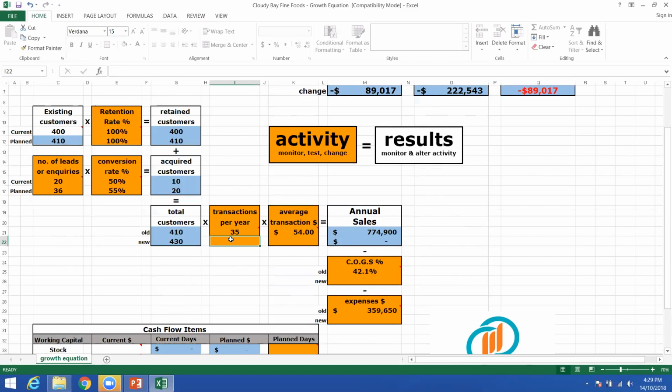Now, there's lots of things Nigella can do to get customers to buy more frequently, getting them to come into the shop. So some of those things will be driven by the marketing that she's done. So I'm going to suggest here that if Nigella, without much effort, can get her customers to come in one more time per year,